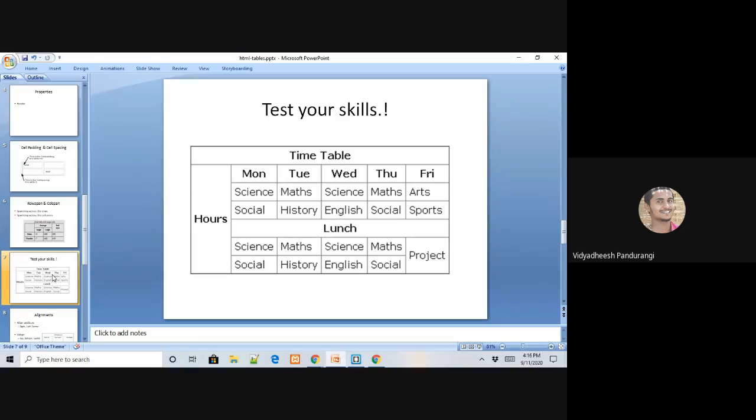I'll just give you 1 minute. You can draw it out on the notebook and then you can do this work as a practice. Okay. Here you have to use colspan, rowspan, and maybe depending on the number of columns that you have here. Okay. So if you face any sort of difficulties, you can always ping us. In fact, ping me. Okay, I'll help you out.